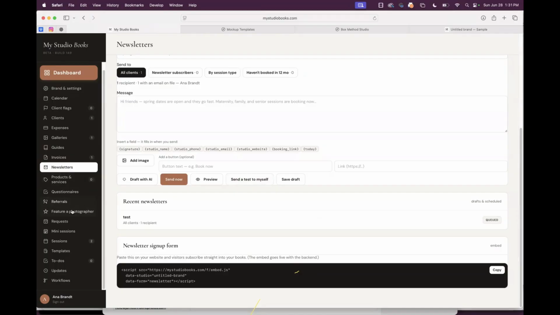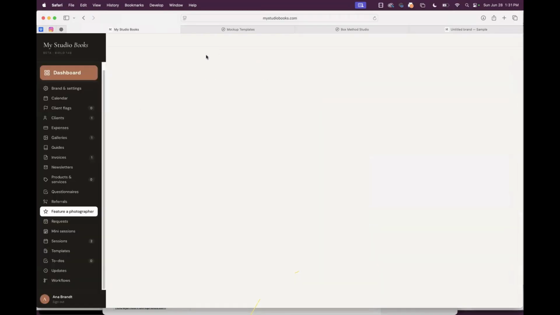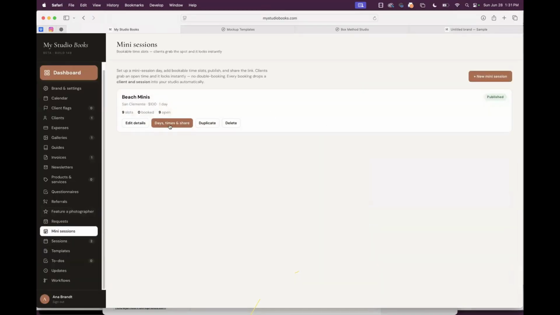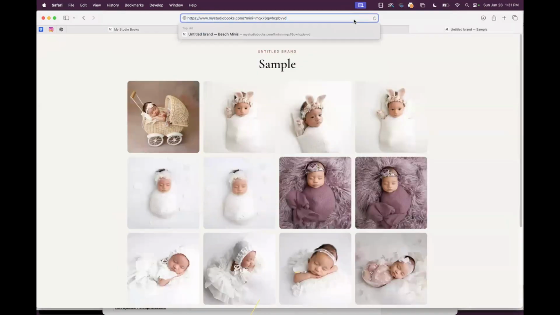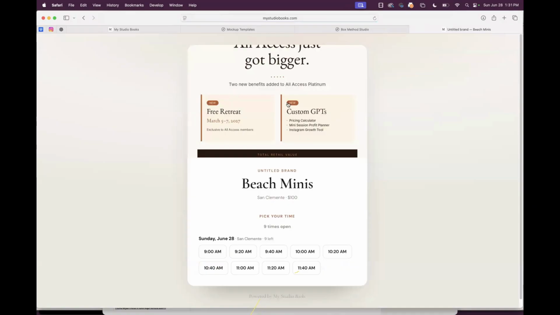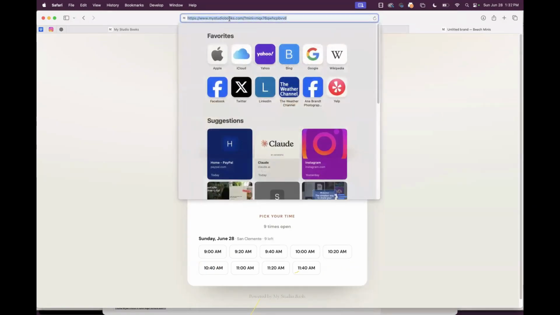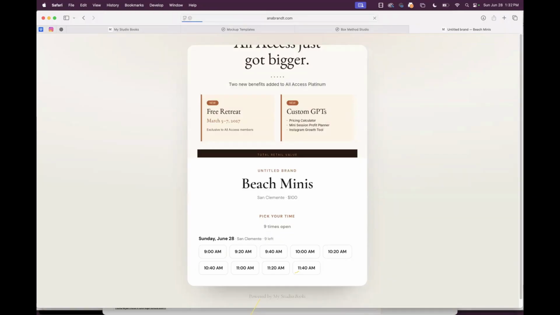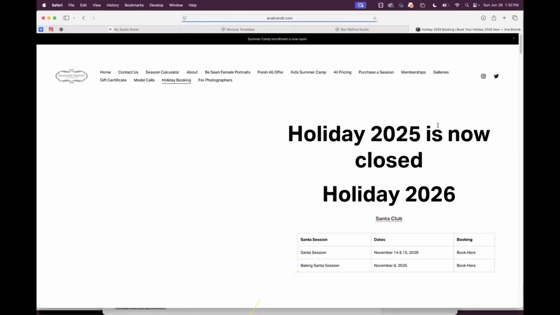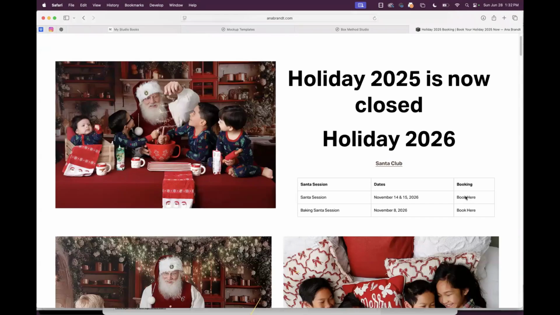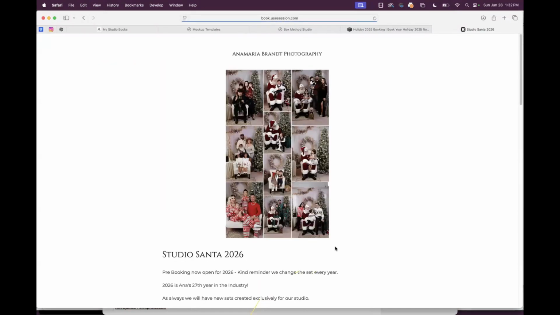Okay, so then we go down to mini sessions, days, times, and shares, and then you can copy the booking link. So this is what that looks like. And again, this is something you can just put right on your website. Oh, I just threw that in there. But this is what it would look like. And if I go back to mine and go to holiday booking, right now, this goes to my use session.